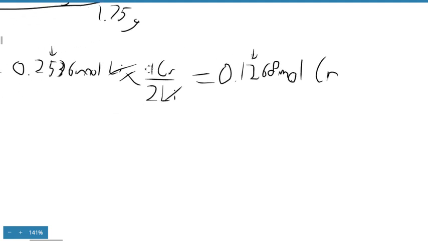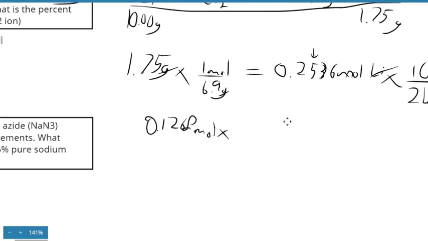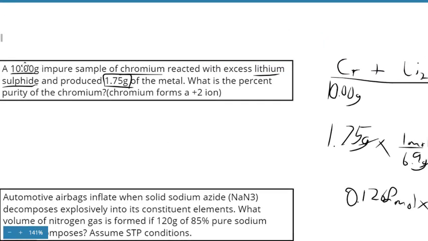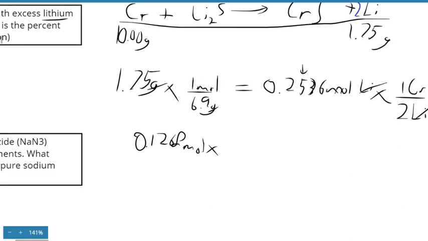Let's write this down again. 0.1268 moles. Then we just need to convert this into grams so we can compare it to the 10.0 grams we have. So multiply it by,